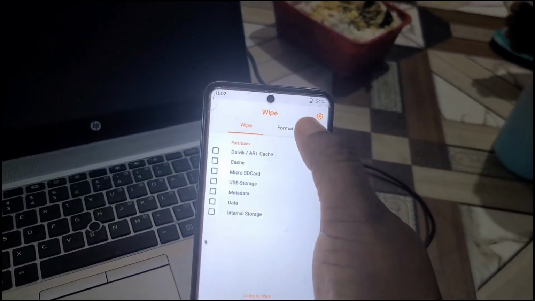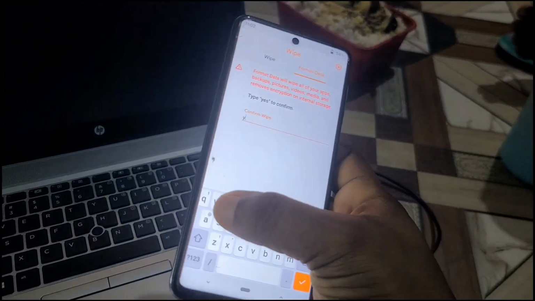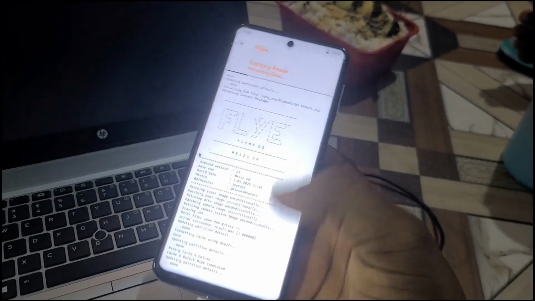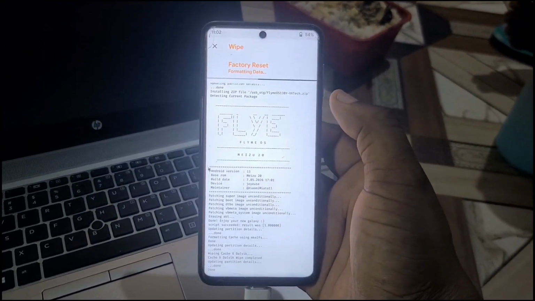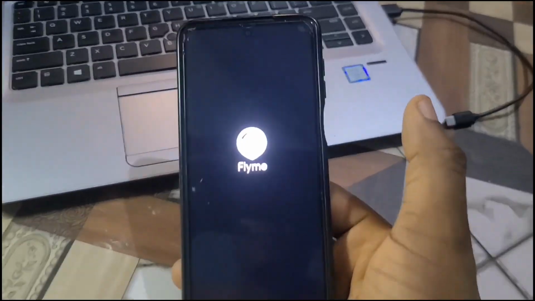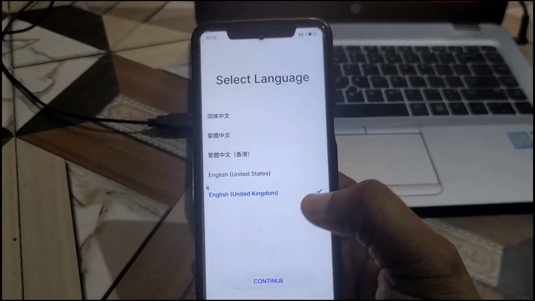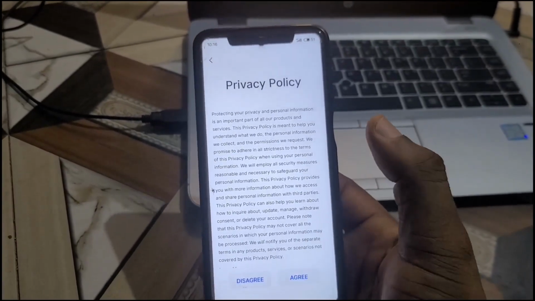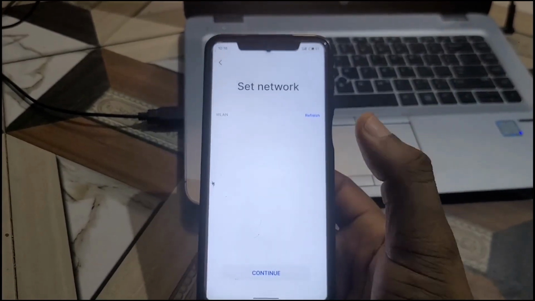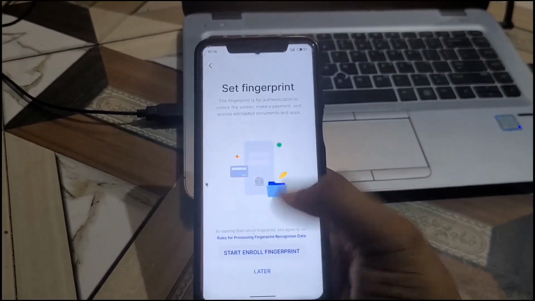The next thing as usual is to format data, type in the YES, and then click on the Mark button. And then once that's done, you boot into the system. Now, this is just a remake video of flashing the ROM. I have flashed the ROM and let's just say nostalgia, yes, but using it as a daily driver,